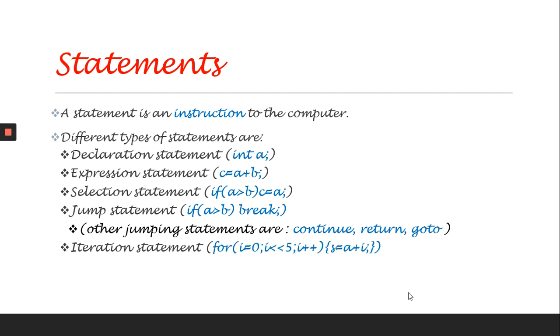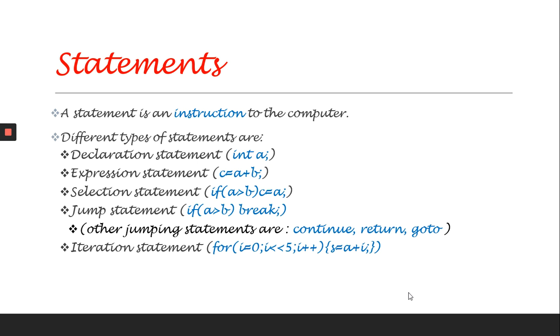Now we have iteration statements. In iteration statements, we iterate, or we assign continuous numbers to a particular variable. Generally, it is used in looping statements. Here we can see a for loop. Initially I is assigned 0, then it will be incremented one by one using the increment statement I plus plus. Okay, and based on that, we will be doing the remaining statements associated with the for loop.